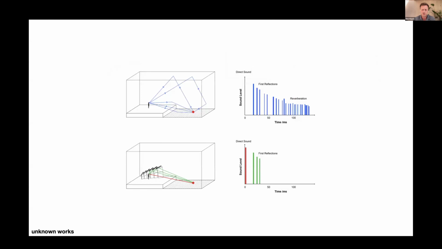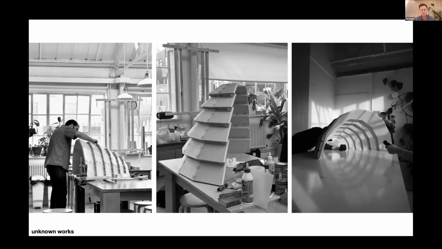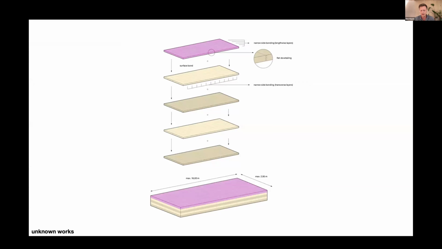And I guess without going into too much detail, what we're trying to achieve is very, very focused sound, a bit like the Dungeness sound mirrors that everyone's probably seen before, to focus that sound onto an area within the crowd. And so there was a lot of testing and prototyping, both digitally and physically, to explore how we might achieve that. And then also in tandem, thinking about the one-to-one scale of how it's made and what Xilonor CLT are able to do with